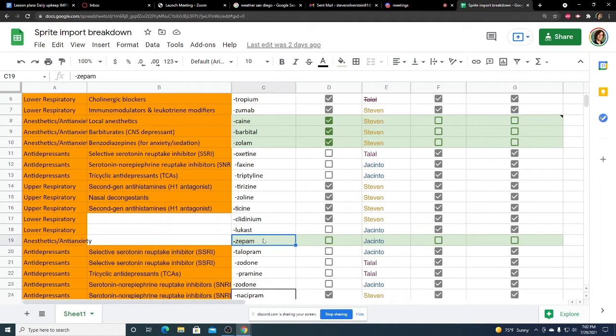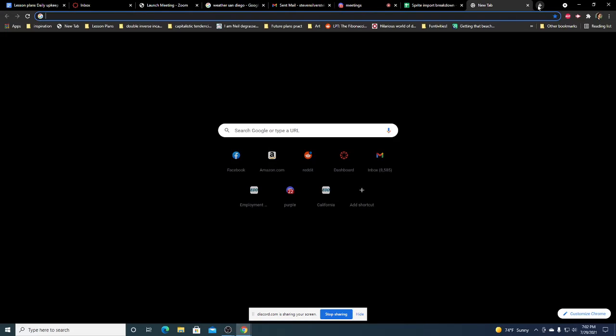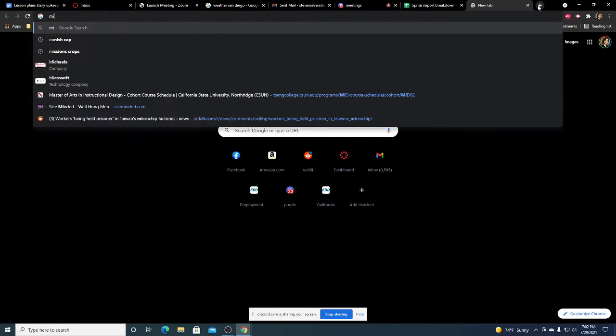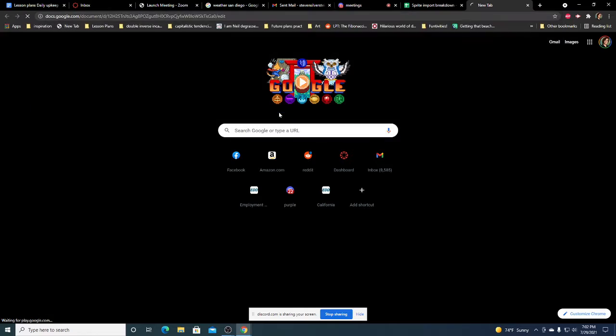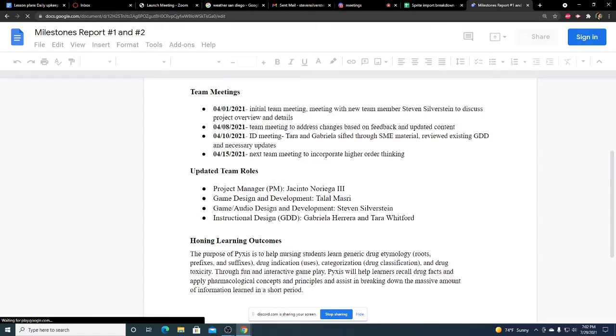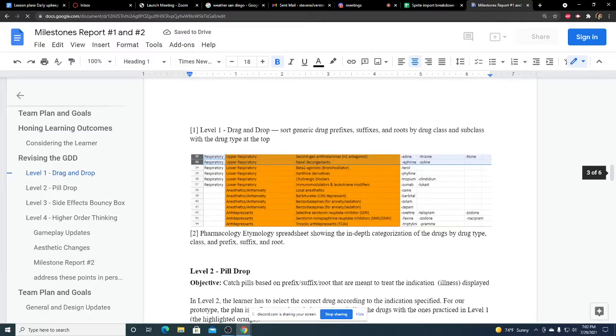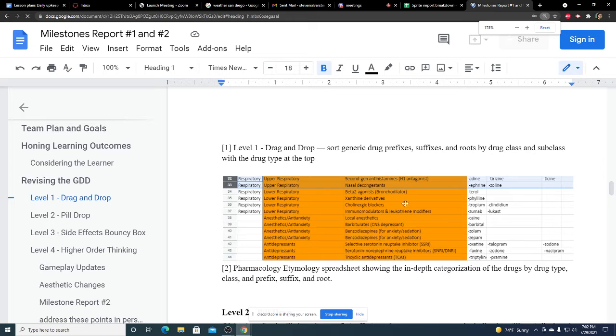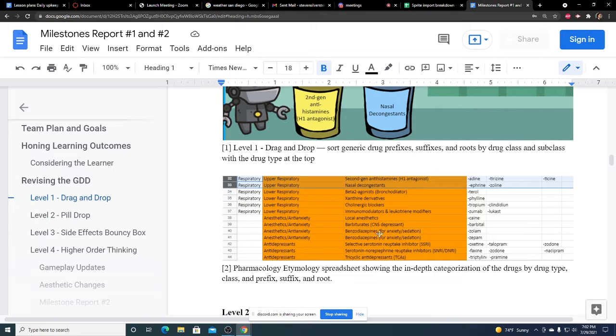Okay. So is Zpam and Zolam, when I looked at them off the chart I was looking at, you said that they were incorrectly labeled, and I just need to make sure I was getting the correct one. So here's what I was operating off of. This chart that you had previously. So if you go to Zolam and Zapam right there, they're benzodiazepines, and you told me that that's not correct, right?